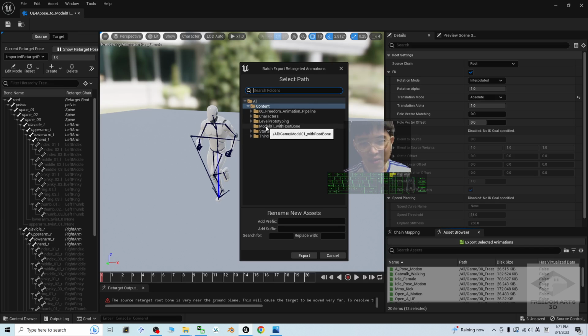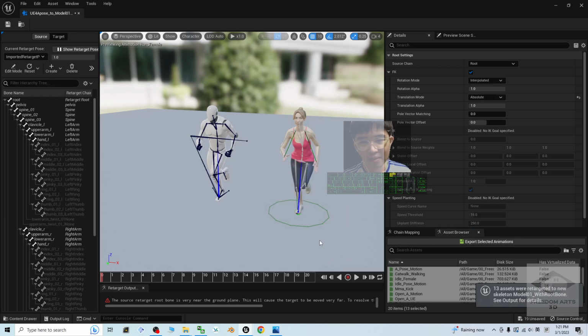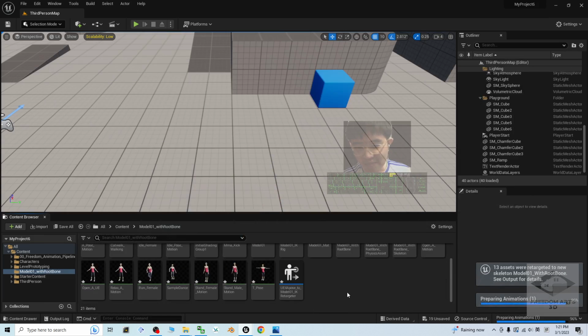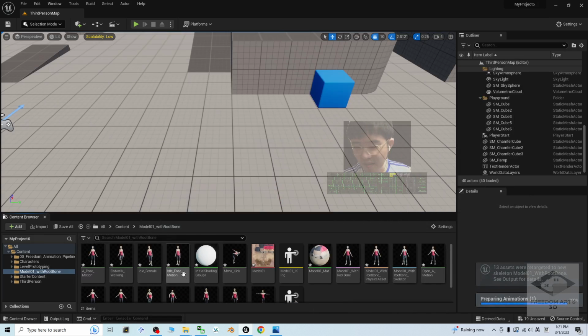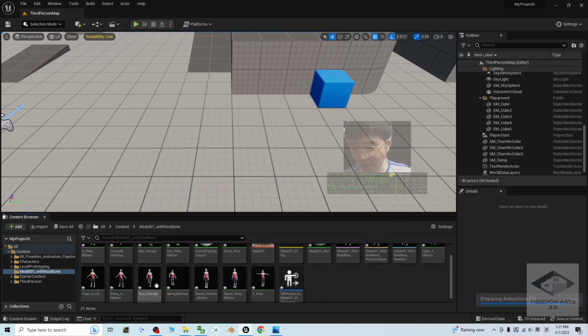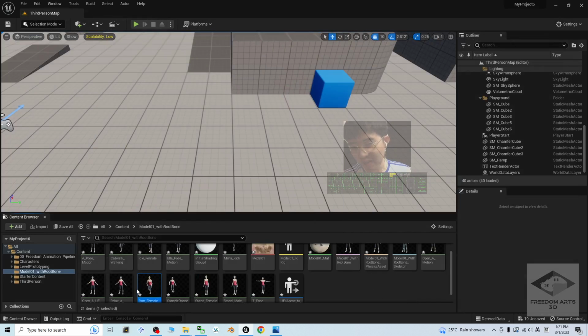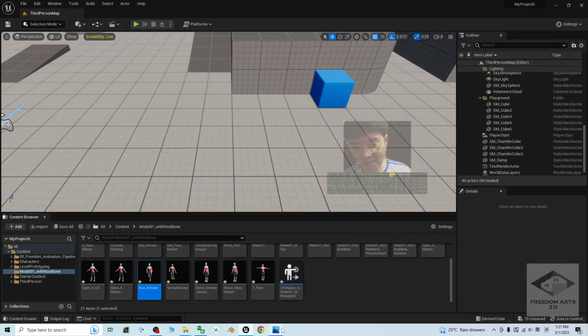Of course, you put it into the folder model 01 with root bone. Put into this folder, then click export. Then you can see, if you minimize it, all of this animation already gets retargeted like this. You already have a lot of the animation sequence. So, next part,